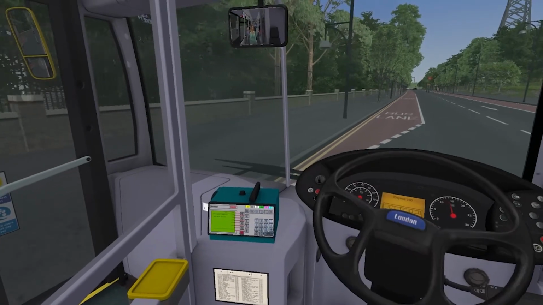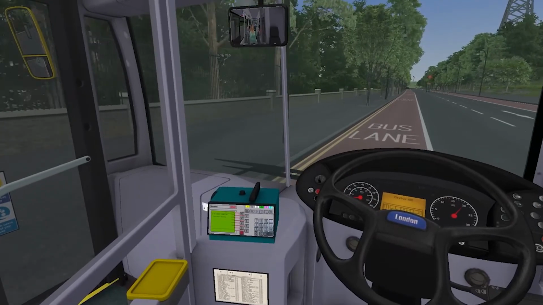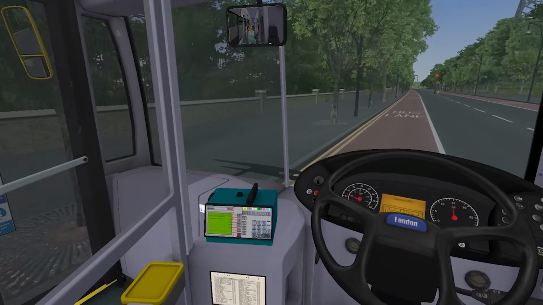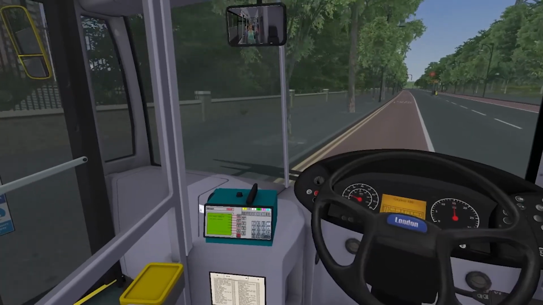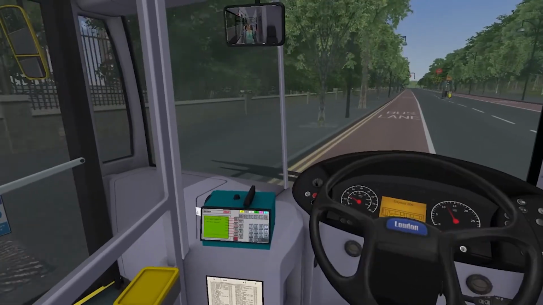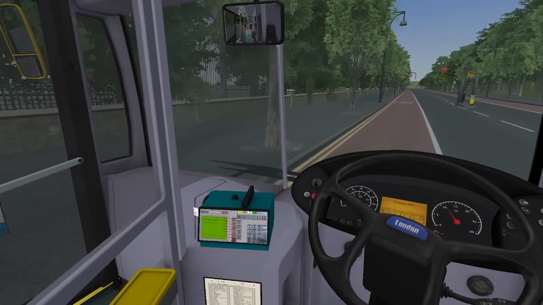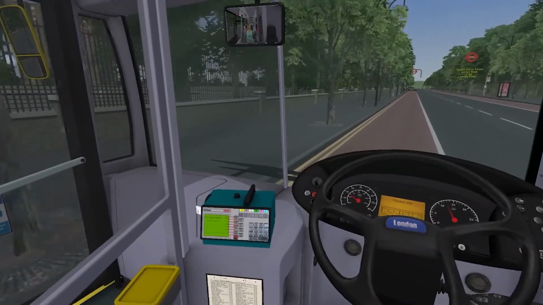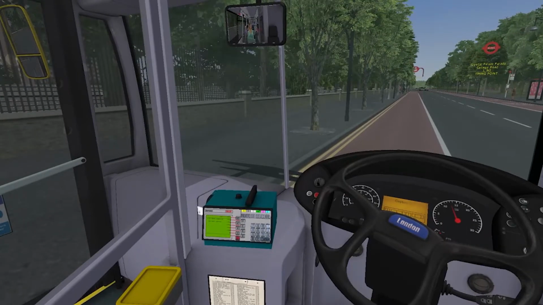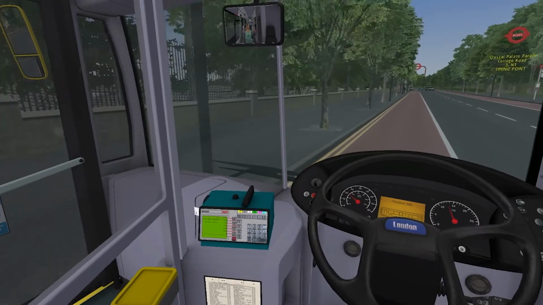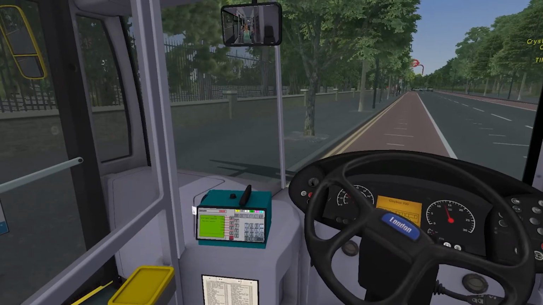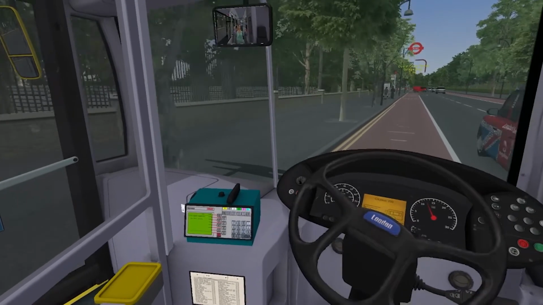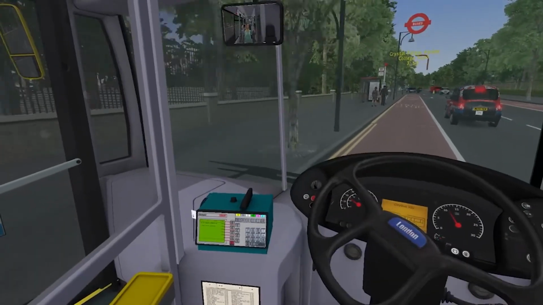Now we can go straight down the bus lane, which is great. So good. So it actually helps. Crystal Palace Parade, College Road. It actually helps that I am going the right way. So this is what happens when you watch other YouTube videos. And in real life, they should probably make more use of